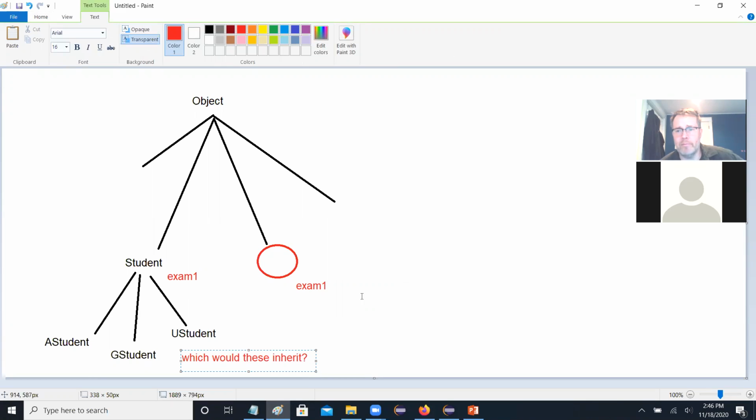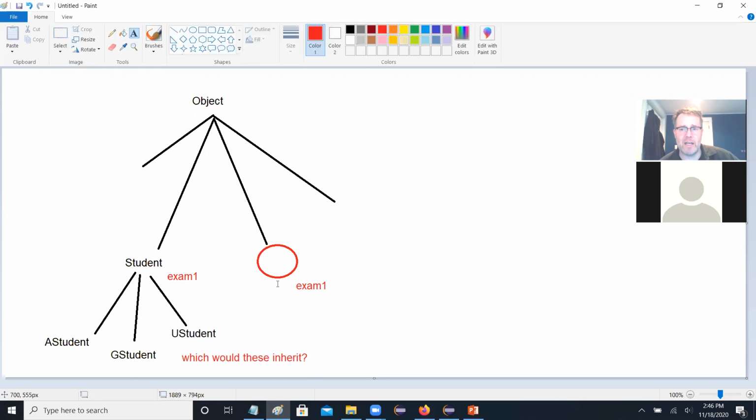So the fact that different classes can have variables of the same name, by itself, precludes simple inheritance from multiple classes. You can't do it. You have to only inherit in a straight line, going straight up to object. However, with interface classes,